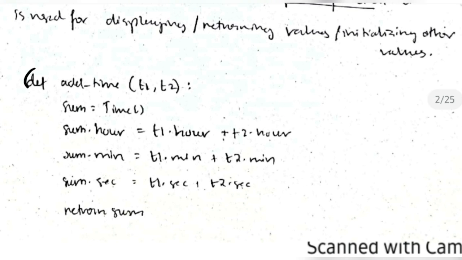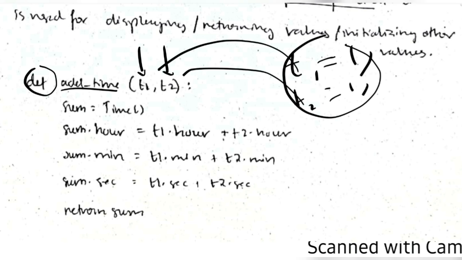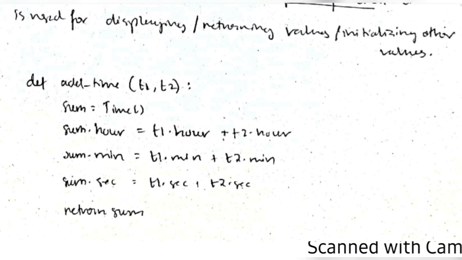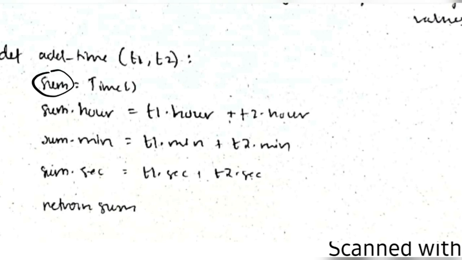This is def add_time, and I have passed two things, t1 and t2. T1 and t2 are the already made objects. I have made the objects t1 and t2 in the main function. So these are already made, I have passed these values here. So till now it's good, nothing is modified as of now. Now I am creating a new object sum. How many objects do we have now? t1, t2 and sum. Now in sum, what I am doing is sum.hour is equal to t1.hour plus t2.hour,